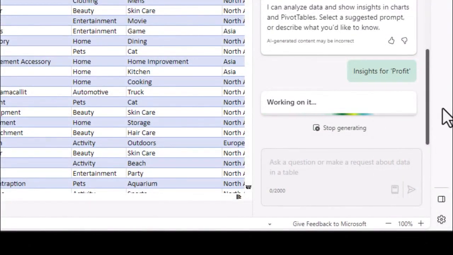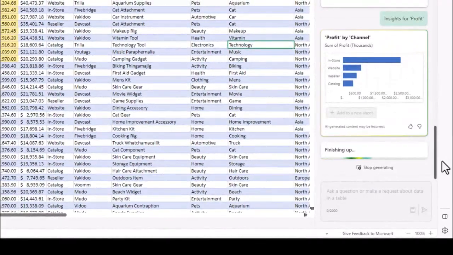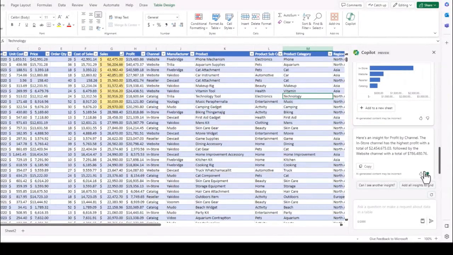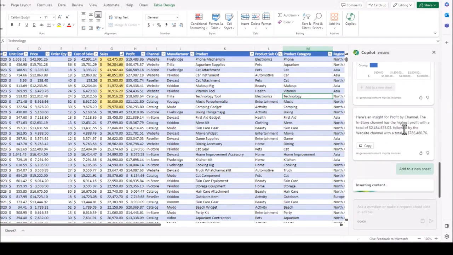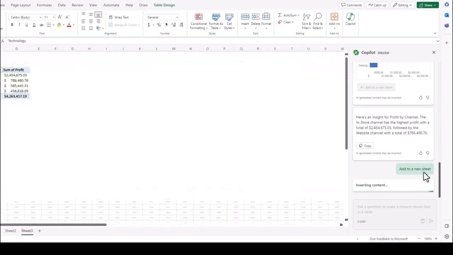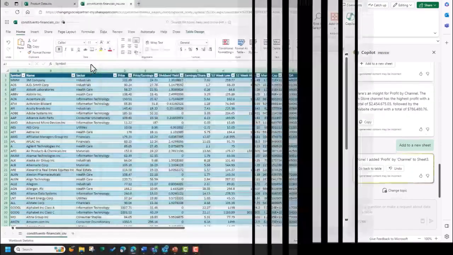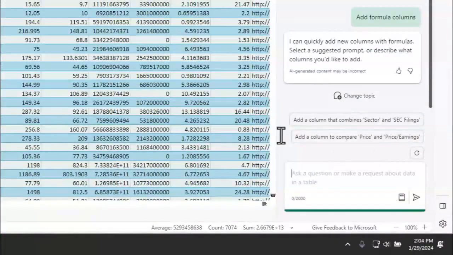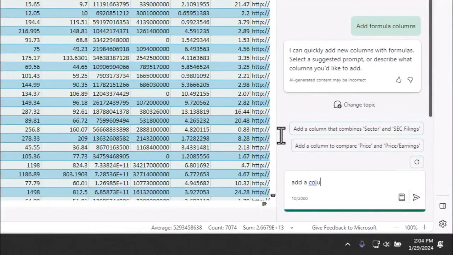We can also use prompts to ask Copilot for insights about our data. Copilot can also suggest and create formulas to add to our tables.